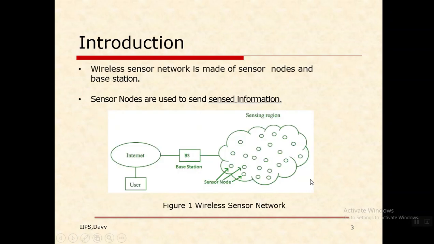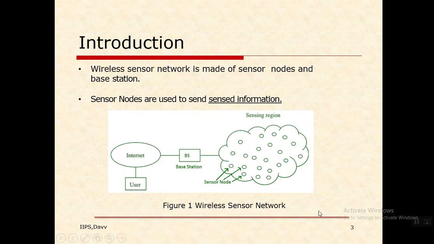So at first we understand the basics of wireless sensor networks. A wireless sensor network is made up of tiny sensor nodes and the base station. The basic functionality of the sensor node is to send sensed information. By sensed information, it can simply be implied as thermal, optic, acoustic or accelerated events. This information is sent to the base station after it is analyzed and processed in the sensor node, and then in the base station they perform the specified functionality.